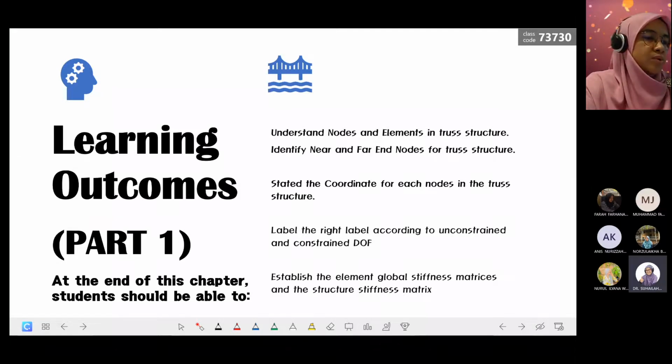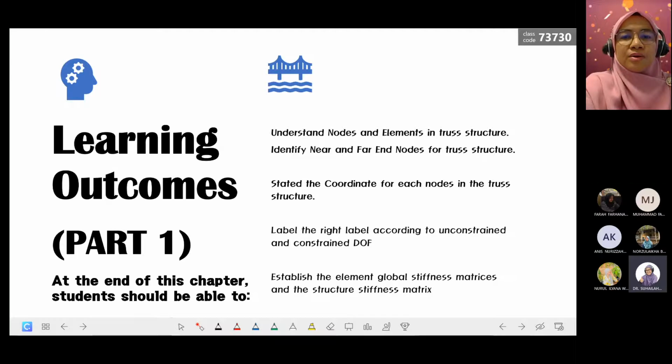So we will focus on how we can understand the meaning of nodes and elements in the truss structure. Okay, number two, stated the coordinate for each node in the truss structure. So in truss analysis, whenever we want to calculate or analyze using stiffness method, we have to have the coordinate system. So we will use the global coordinate system. So I want all students should be able to identify or to put the coordinate for each node, and then label the right